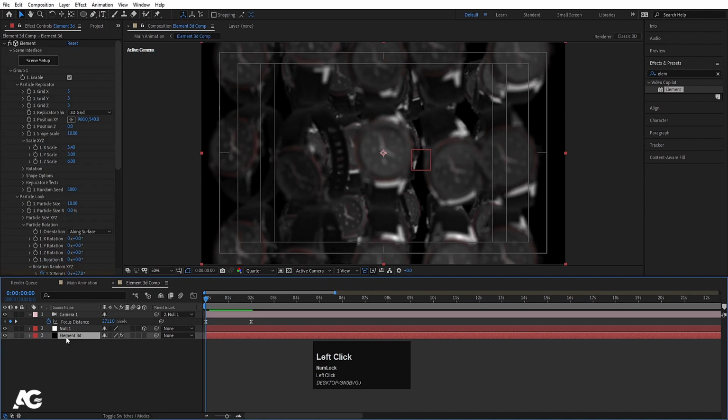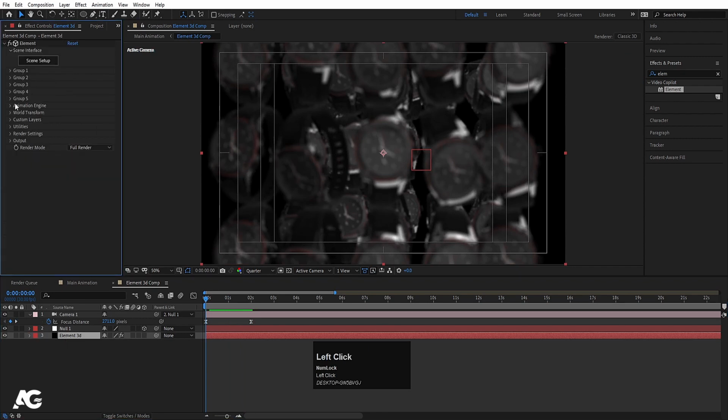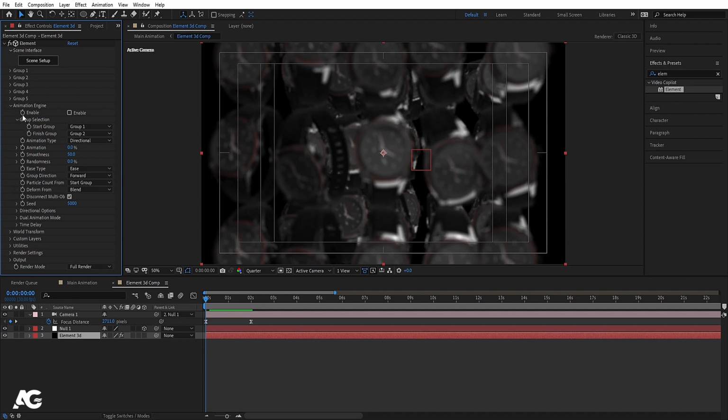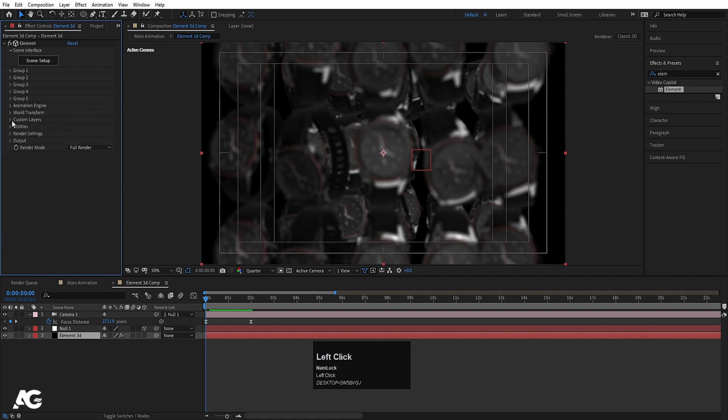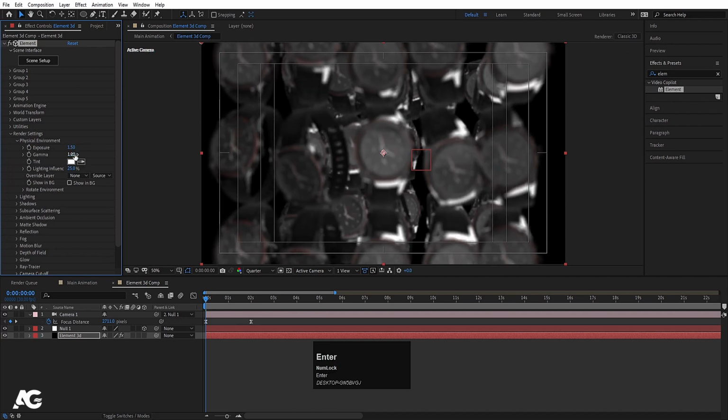Now select this Element 3D. Now go to the animation engine, and here let's see what we have. I think we don't need to animate this thing anyway. Over here, go to the render settings, go to the physical environment. If you want, you can increase the exposure. Let's make it 1.5, or let's make it 1.2, or let's say 0.8,